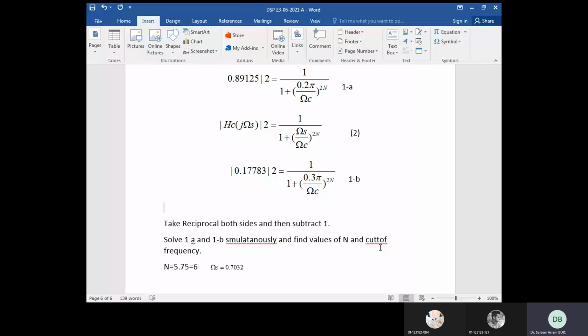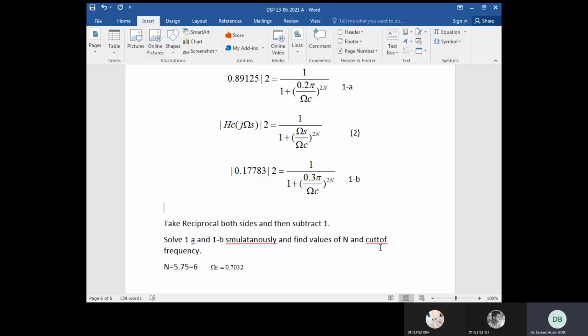Now since it is a power, so जब power में चीज आ रही है तो आप क्या करेंगे? Take log both sides. You need to take logarithm both sides. आप log लेंगे दोनों साइड के ऊपर, फिर उसको सिंप्लीफाई करेंगे, फिर एक इक्वेशन से n फाइंड आउट करेंगे और उसको दूसरी इक्वेशन में फीड करके आप ओमेगा सी की वैल्यू निकाल दें, राइट? सो पहले n की वैल्यू फीड करेंगे. Normally you are doing this in your 6th 7th standard class, or if not maybe 11th or 12th standard. You already done this, so hopefully you will reach to the conclusion of n and omega c, right?